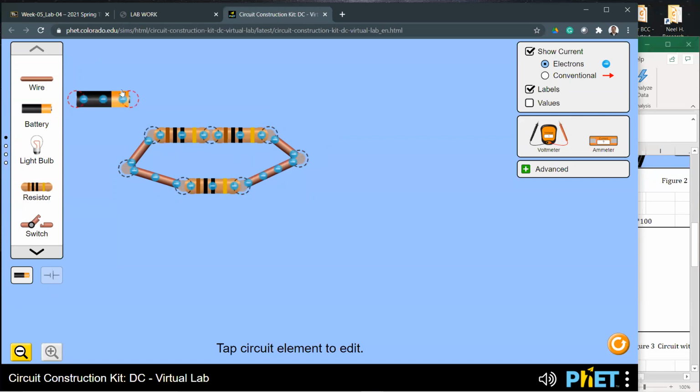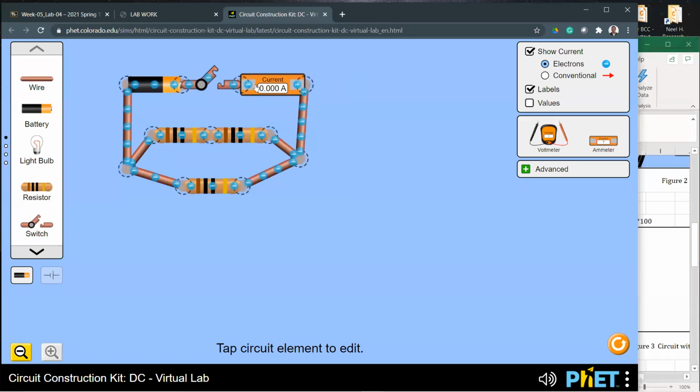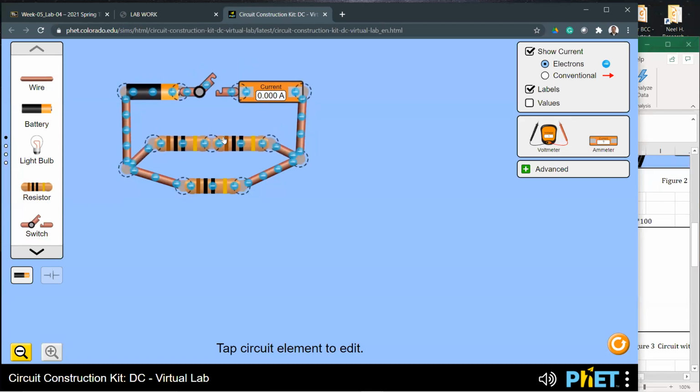And then let's bring the battery, let's bring the switch, and also we need the ammeter to measure the current. Okay, and let's connect these endpoints with another few wire pieces. Now that's our circuit. So our circuit has two resistors serially on the top, one resistor parallelly on the bottom,